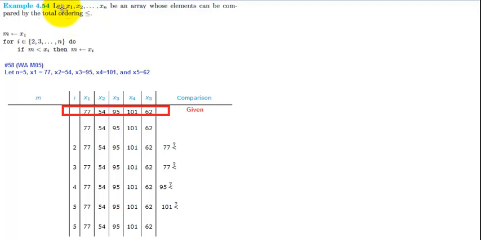They say let x sub 1, x sub 2, all the way up through x sub n be an array whose elements can be compared by the total ordering less than or equal to. And the algorithm we're going to work with here looks like the following. On the first line, we set m equal to x sub 1. So the first thing that we do here is we come up with a value for m, and what m